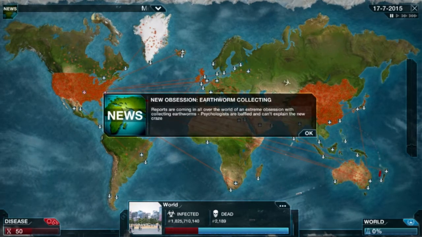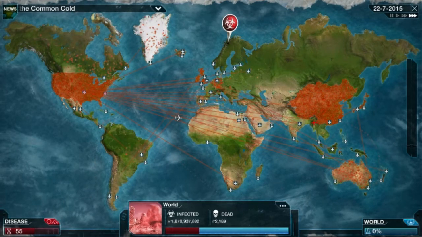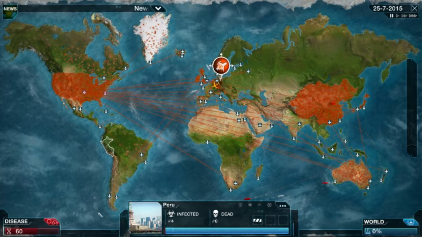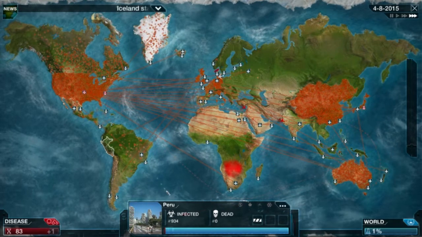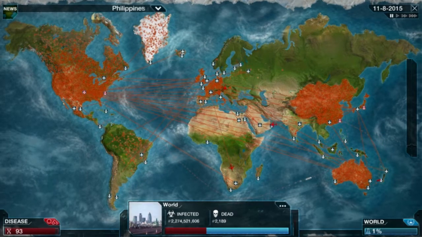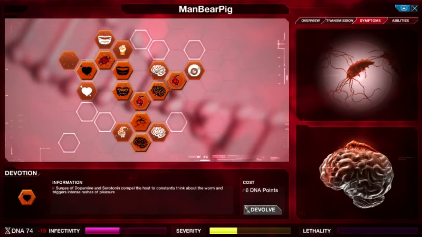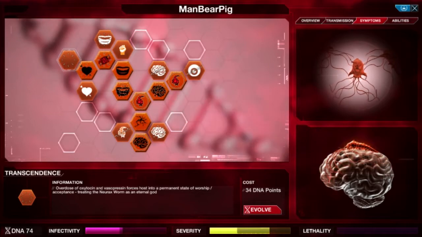So, because I can, there you go. Scientists basically don't know why, but people have started collecting earthworms. I gave all the humans who were infected with me the obsession, and now they're obsessed with something different other than researching and stuff like that, and washing their hands. And I think disturbing reports of man, bear, pig. Lovely. So symptoms, we can now get devotion, so the human race will become devoted to us, and transcendence, which